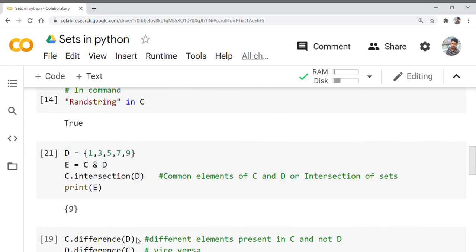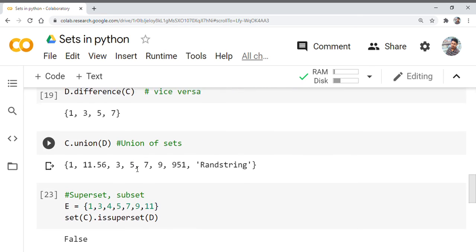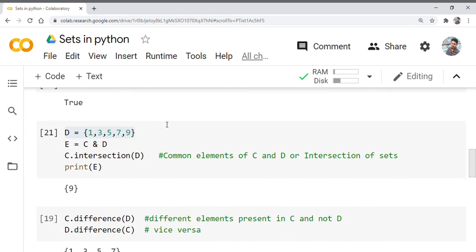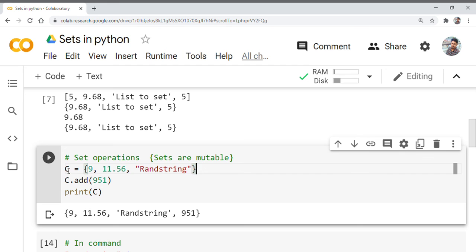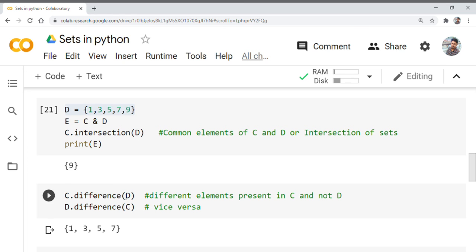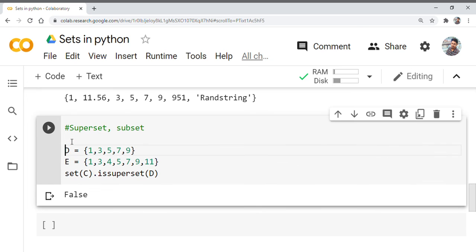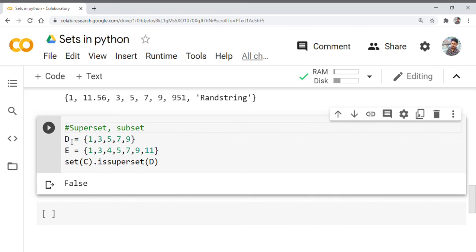D equals to set, this is the set D. So now D equals 1, 3, 5, 7, 9, right?